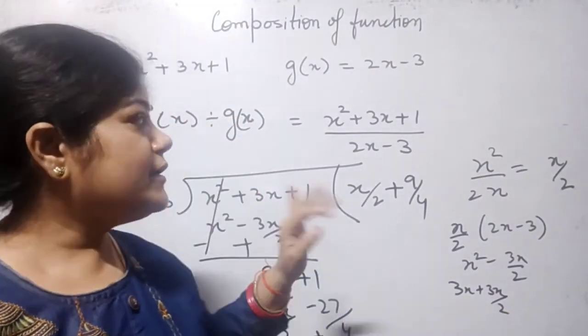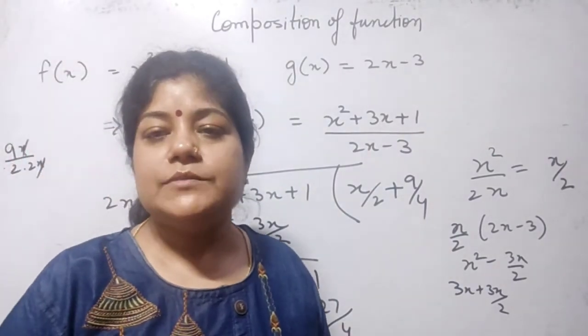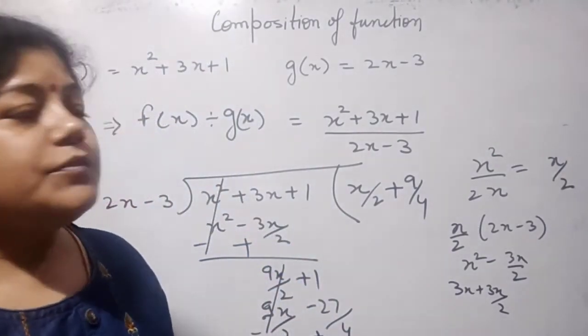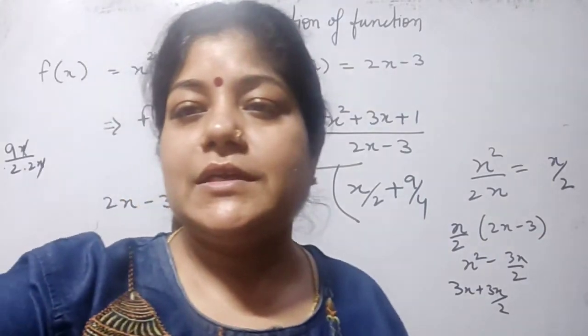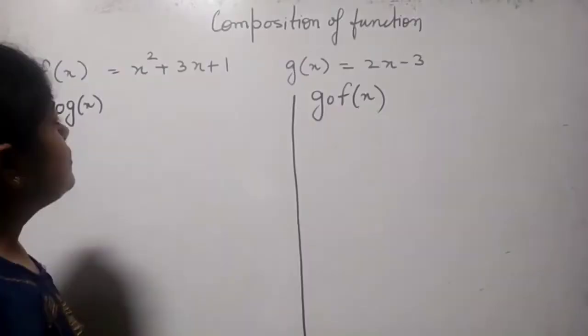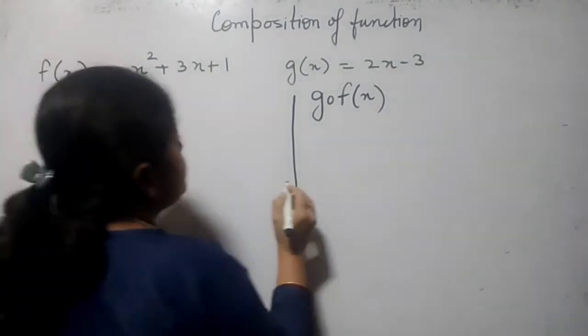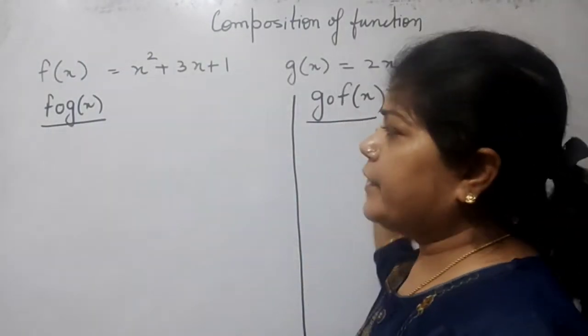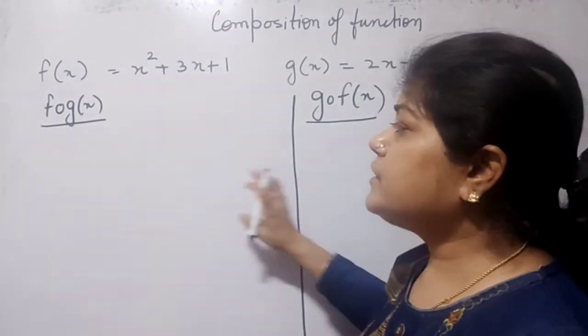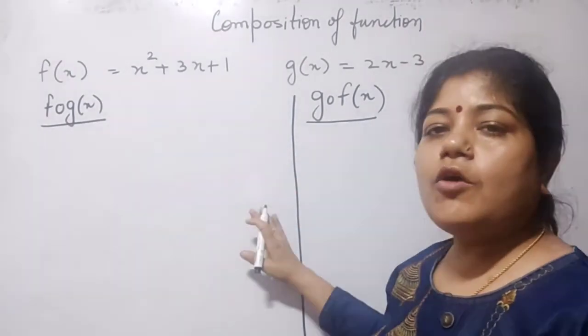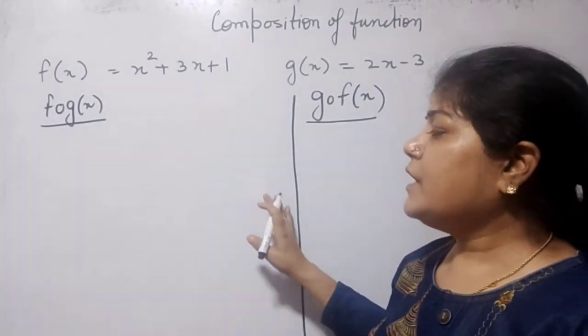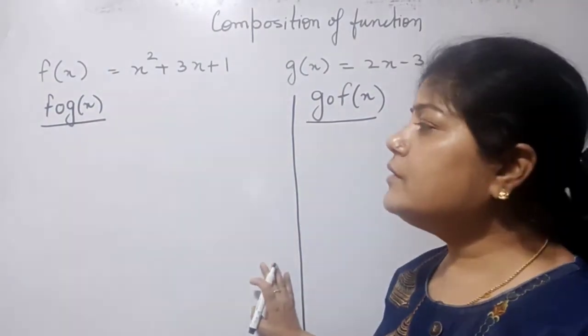Now we learn a little bit different thing which comes in class 12th, that is composition of functions. Just let us see. Now for example, if it is said find FOG, or you can say find GOF. Now watch over here, what is the difference between them and how will we find out these and whether the answers are same or not.